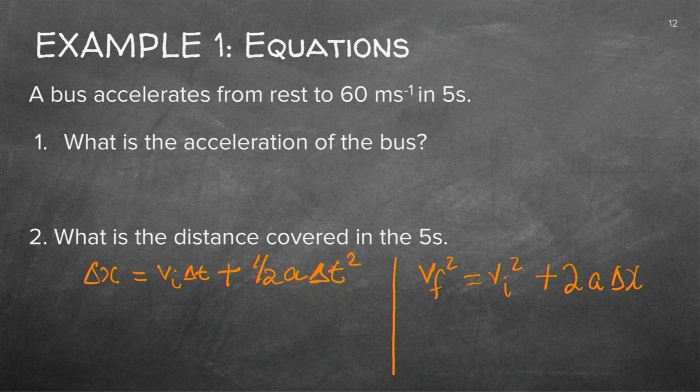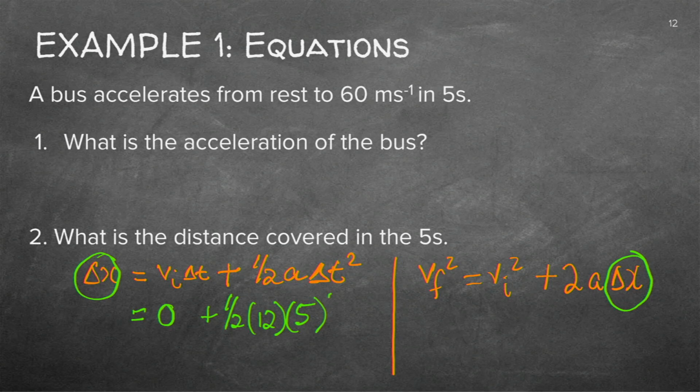They are actually asking you to find the delta x. And you can see it's much easier if you use this side than that side because you'll have to do some manipulation. Let's complete the left-hand side with 0 plus a half. We calculated that as 12, and we know it's in 5 seconds. And please remember the square. So you calculate that one, and you'll find an answer of 150 meters, and it will be in the positive direction.